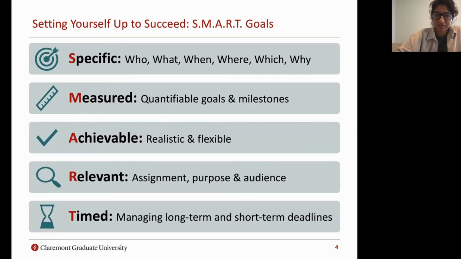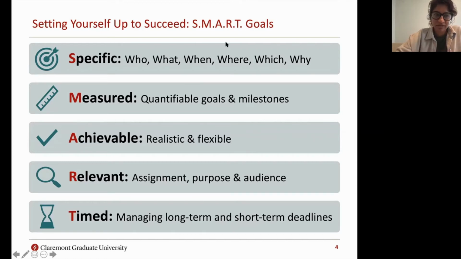So Marcus mentioned this, but you're going to be dealing with contextualizing your goal setting to whatever assignment you have or whatever context you have. So if you have an argumentative paper due at the end of the semester versus a personal essay due in the middle of the semester, you're going to be breaking down those assignments into different types of short-term and long-term goals for yourself. So SMART goals is really a useful goal setting system in order to address these different forms of assignments. And what's great is that you can really contextualize it and adjust it to whatever assignment that you have.